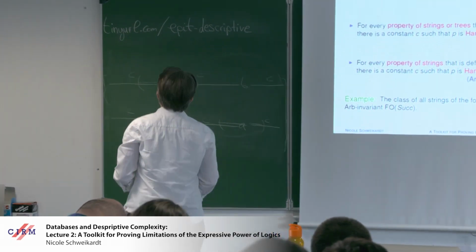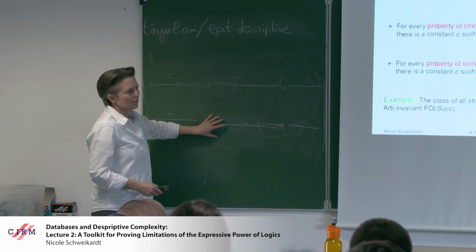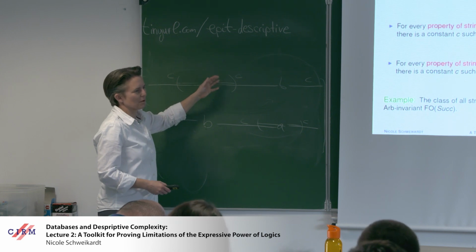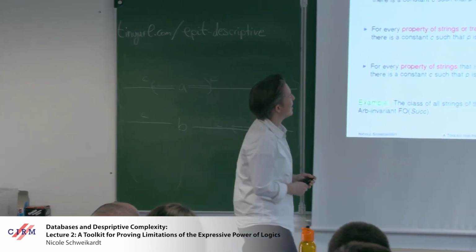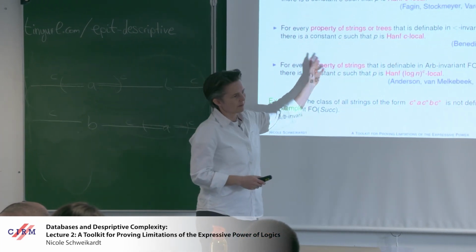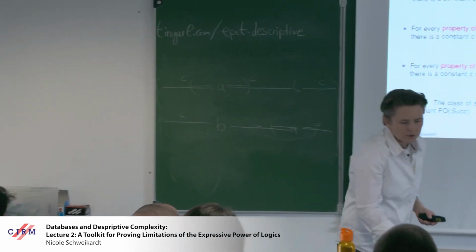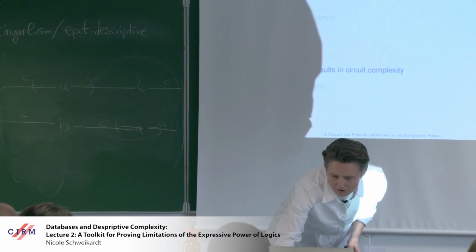So you see these two are f of n bijective for whatever f of n you want to have, almost. But one has the property and one hasn't, and then you get the contradiction. So let me finish just with